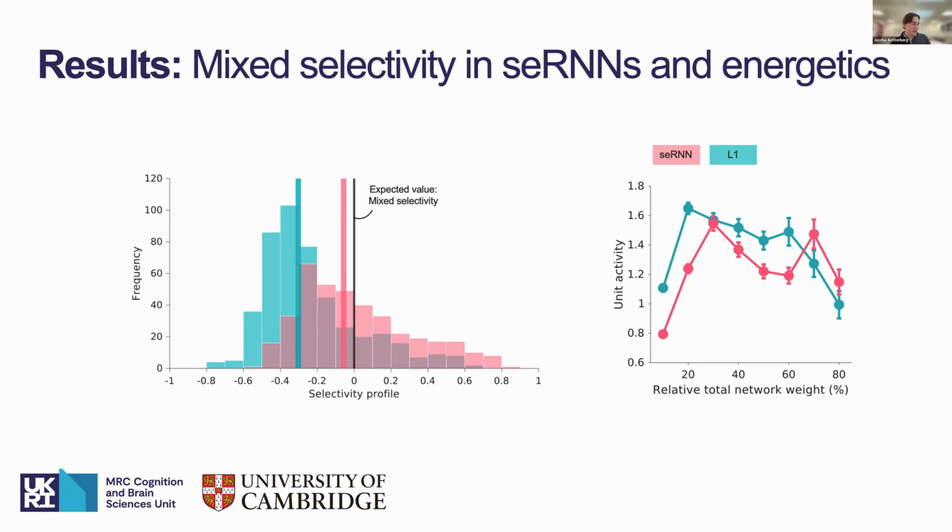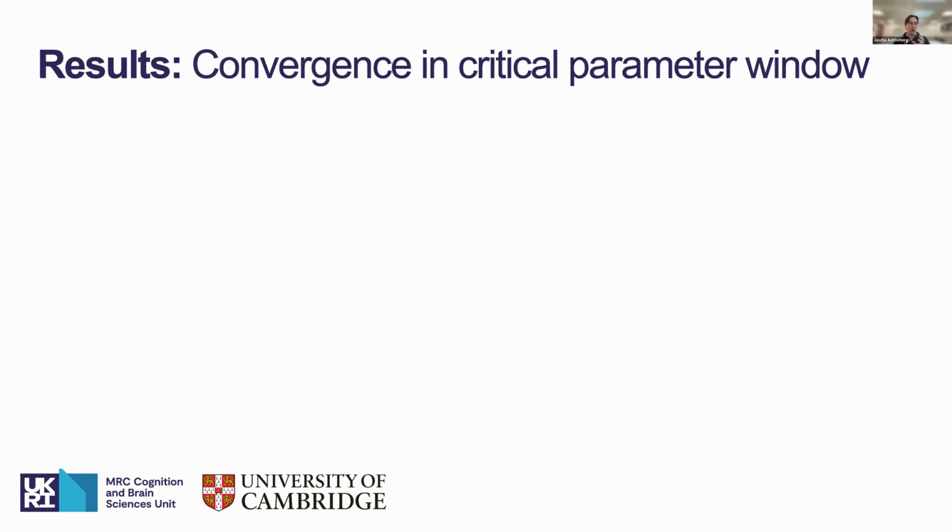So we find this very interesting finding, and one of the reasons why we now want to move into new modeling setups, for example spiking networks, is that this kind of energy efficiency is obviously very linked to spiking. So as a last slide here, one point that we were quite keen on is not only observing that all of these different findings arise separately in different subpopulations of the networks that we train. Because in the brain, all of them are true at the same time, right? Modularity emerges together with small worldness, with energy efficiency, with mixed selectivity, and all those different metrics that we study. So we were keen to see whether these also arise in unison in our seRNNs.